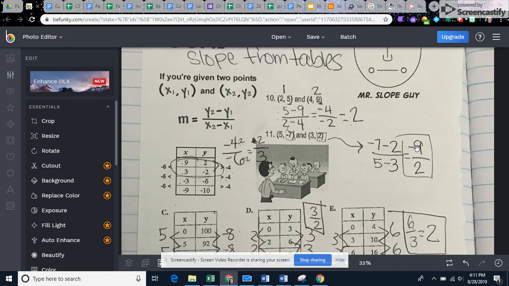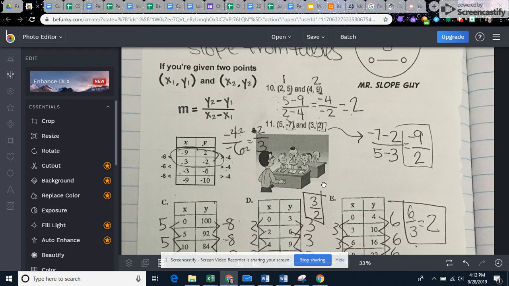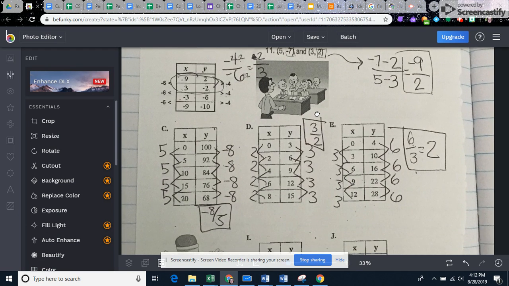Negative 7 minus 2 is negative 9. 5 minus 3 equals 2. Since negative 9 over 2 will not simplify to be a whole number, I would much rather you just leave it as a fraction. Now, to look at it in tables, we can see that this is changing by going